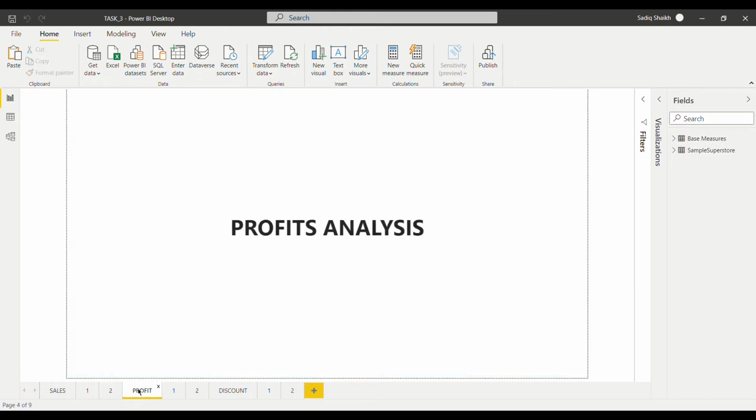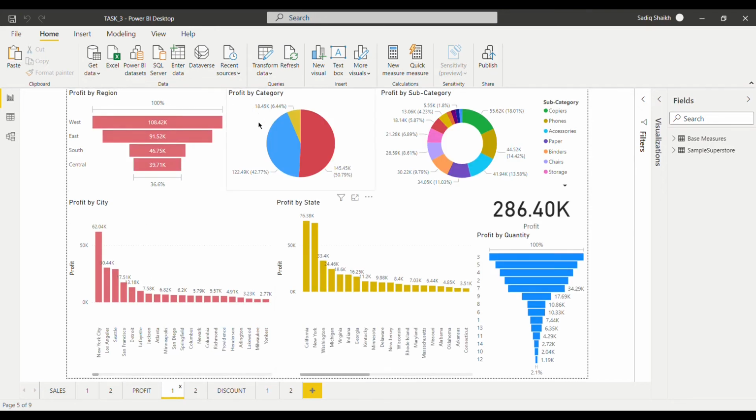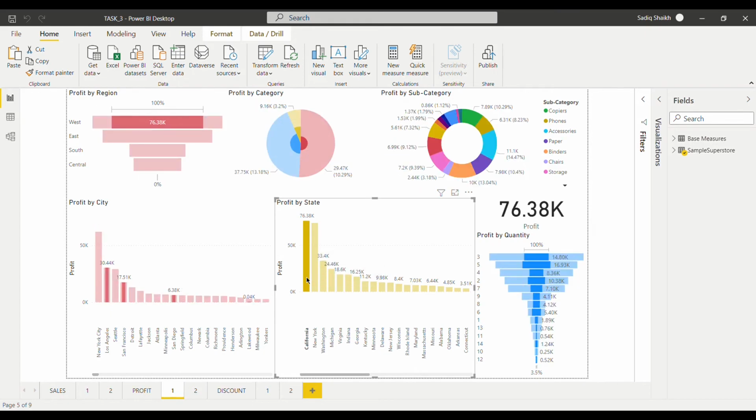Then moving to the next part of the analysis, the profit analysis. The profit analysis has the same categories. This is the quantity of the profit: 286.40 thousand in profits have been earned by the company till now. And if we see the profits as per the sales, then California is the state which has earned the highest profit, and among these, Los Angeles is the city which has the